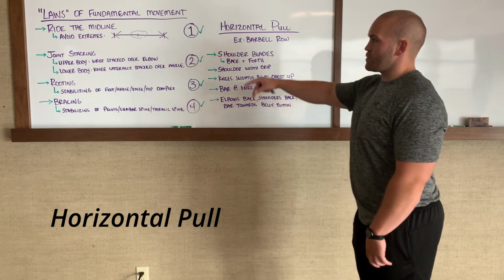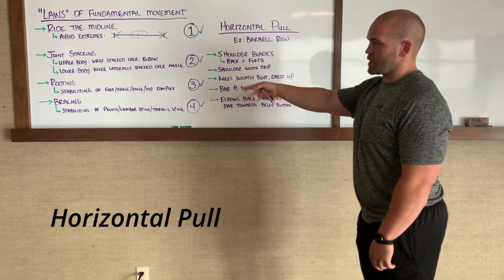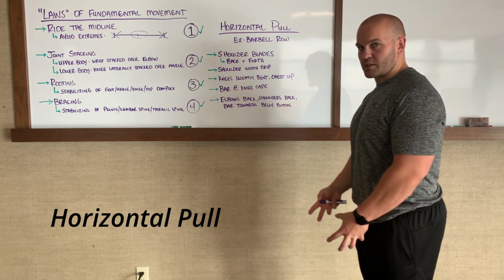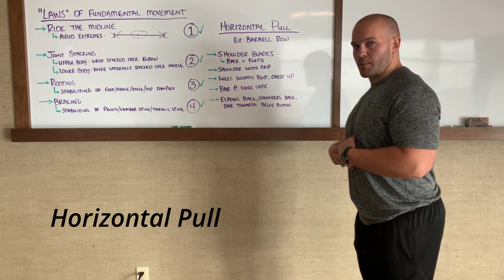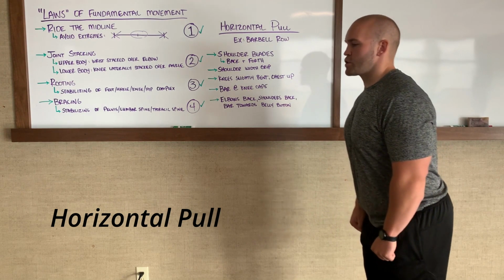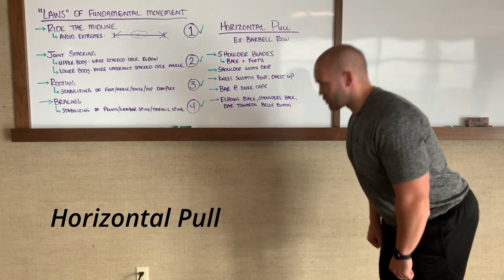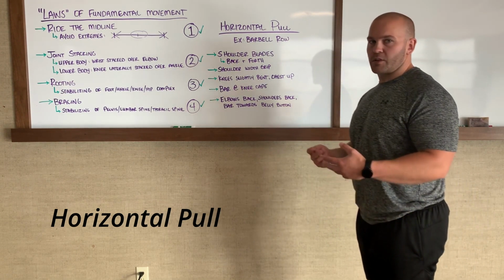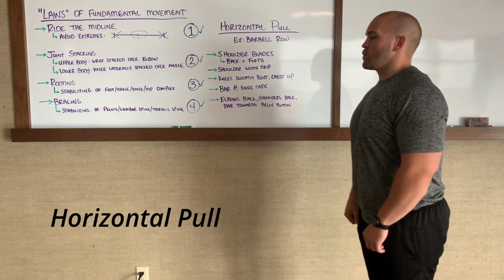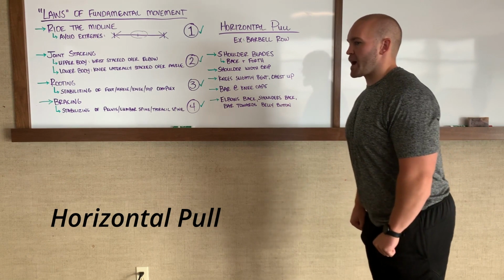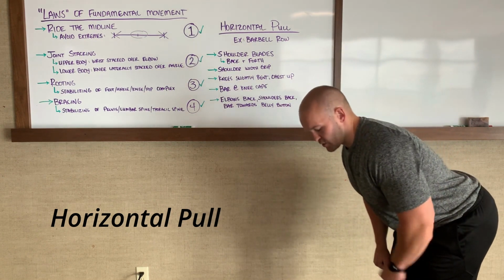And then we're gonna be using two of our laws here, rooting and bracing. So grab and twist with the feet to get our lower body stabilized, and we wanna brace that midsection like we're gonna get punched again before we hinge our butt back. So remember, when we're doing a barbell row, it's no different than our lower body hinge that we'll go over in a little bit. We want to make sure we're pushing our hips backwards behind us so that our shoulders